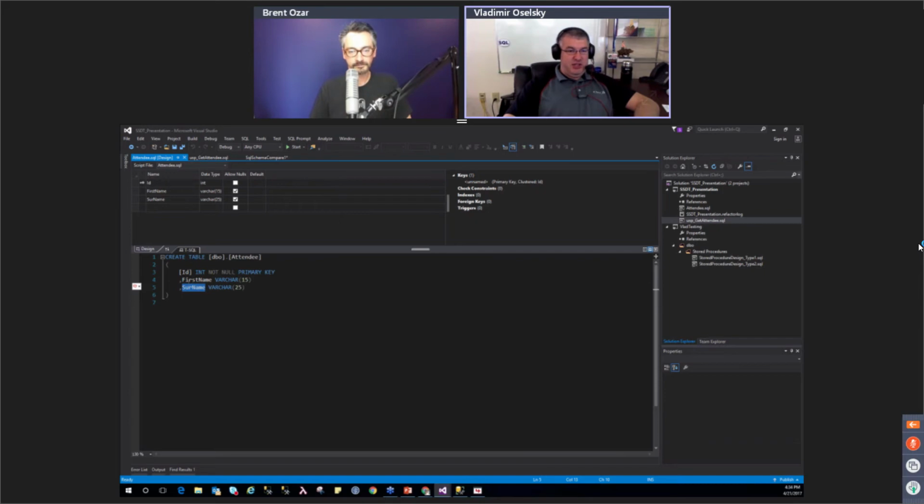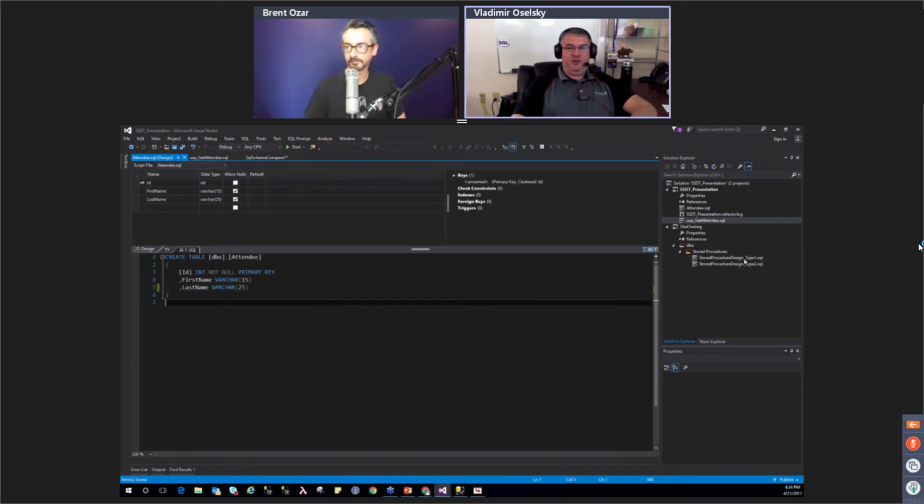We have a table called Attendees with three columns: ID, first name, and surname. I don't know why we called it surname, because maybe we're writing our application for it to go worldwide and they don't always call it last name. So then we rolled out our application and everybody's happy until the manager comes along and says, well, we're not going to roll out our application worldwide. It's going to be only for America and we want to call it last name. So as a developer, you would come in and change it to last name.